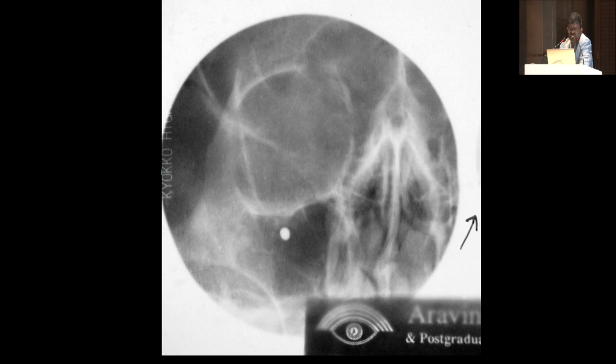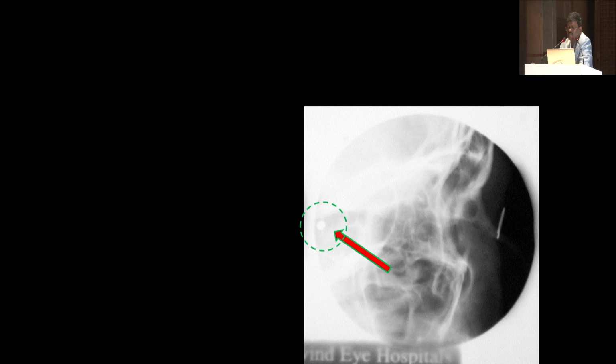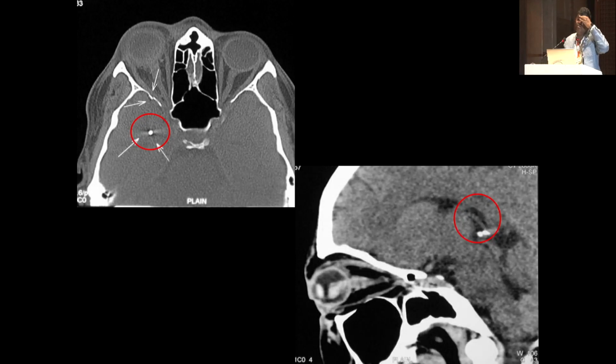So before going in for CT, we did an ultrasound, but we couldn't localize this foreign body. Then we did a Fleringer's ring in this case. But if you see on lateral view, actually the foreign body was quite posterior. Then when the CT was done, it was in the frontal lobe of the brain. So sometimes we'll have surprises.